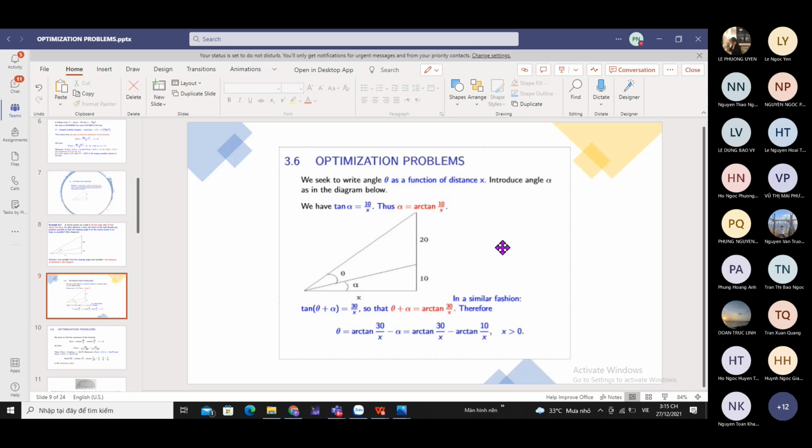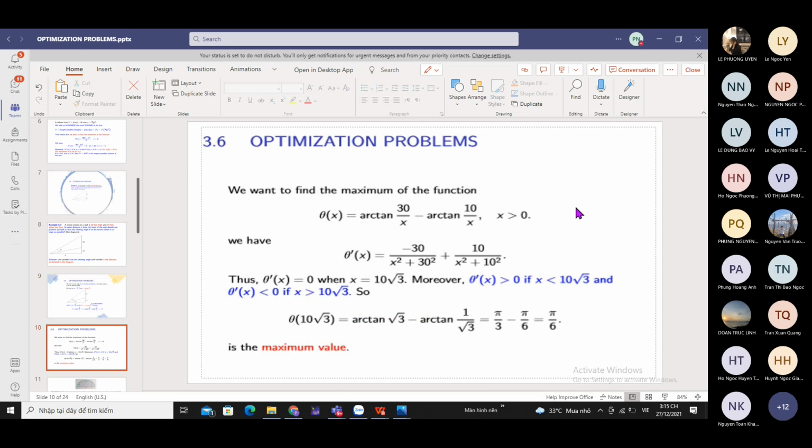Now, how to find the maximum value of theta as a function of x? As usual, we find the critical number of theta, and then we consider the sign of the derivative of theta around the critical number. So we evaluate theta prime of x, and we solve the equation theta prime of x equals 0. Keep in mind that here x is a positive number. So it gives you just 10